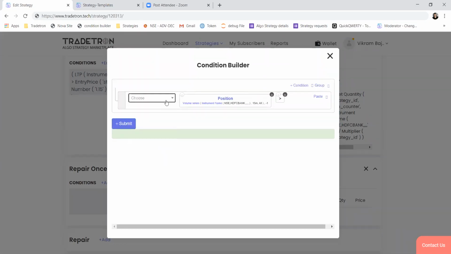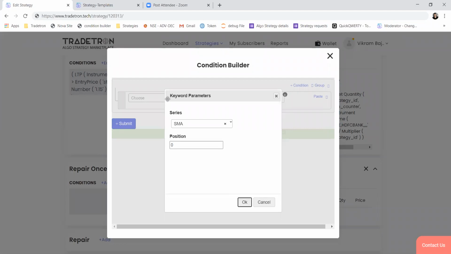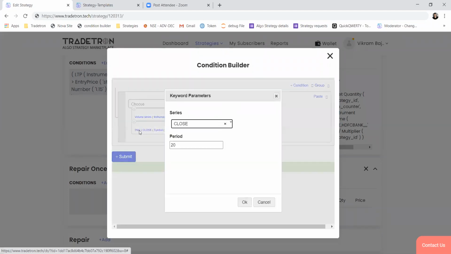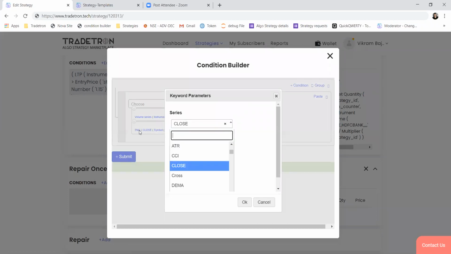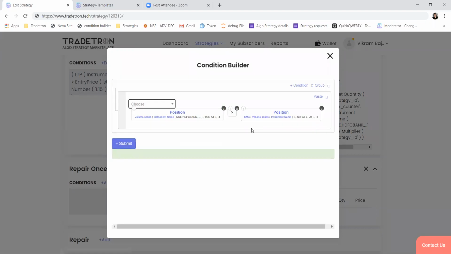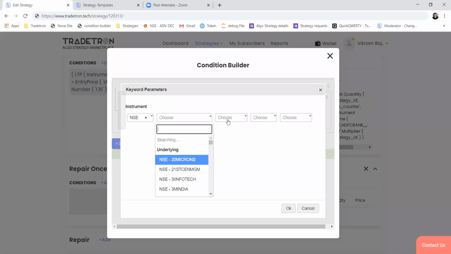Volume is greater than SMA of 20 candles volume. In SMA, instead of close, we will select volume series here, and it will give me the SMA of volume candles.